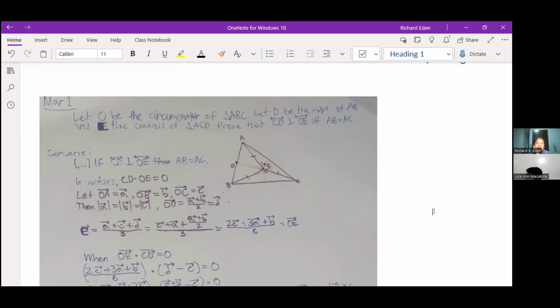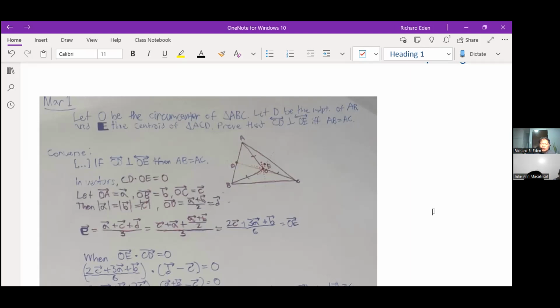And then OD, this is the D is the midpoint of A and B. So yeah, A plus B over 2. And this is, I suppose, what you're defining as the vector D. Now, E, on the other hand, is the centroid of triangle ACD. And we were able to generate this nice property that this vector is the sum of the three vectors going to the three vertices and then 1/3, so divided by 3. So A plus C plus D over 3, and then plug in D, which is A plus B over 2. So we're going to get 2C, yes, and then 2A plus A, so 3A, and then B, and then over 6,